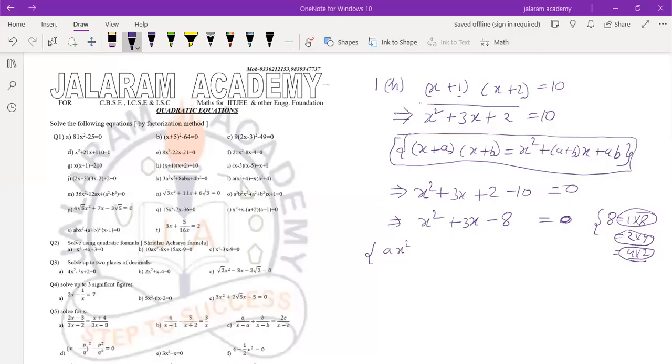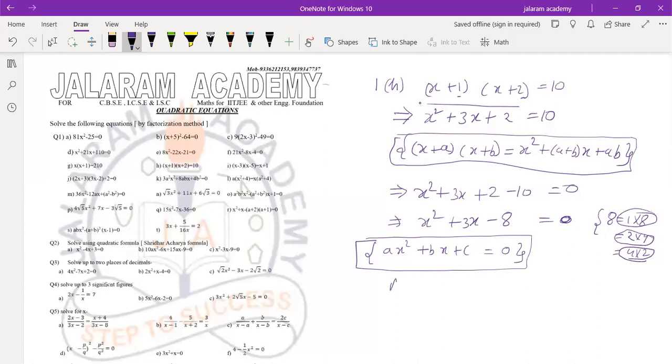Can anyone? An equation of the form ax square plus bx plus c equals to 0 is called a quadratic equation. Is that clear to you? So whenever you want to solve a quadratic equation, you have to convert it in this form only. Means first term must be x square, second x to the power 1, third constant. And the fourth term, which is at the right hand side, must be 0. Then it is called an equation. Is that clear to you? Now, one more method.